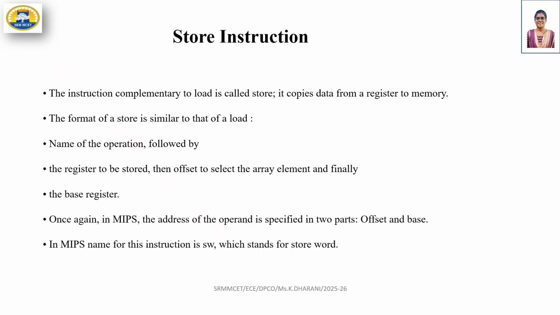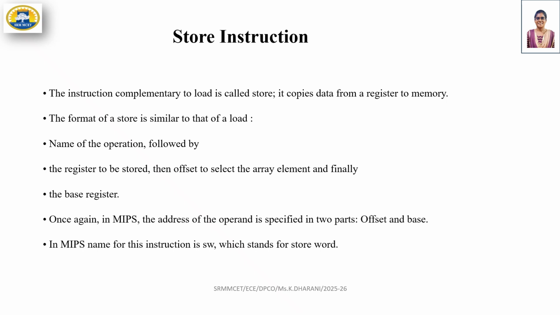Okay, then we can look at the store instruction. I'll give you one example. Store instruction: SW S1, 20(S3) stores the value of S1 into the memory address S3 plus 20. Here the operand format copies data from the register to memory, using SW, which is store word. The format followed is operation, source register, offset, and the offset is used with a base register.